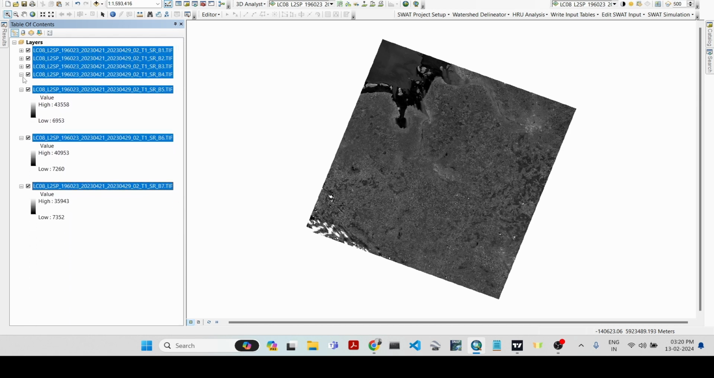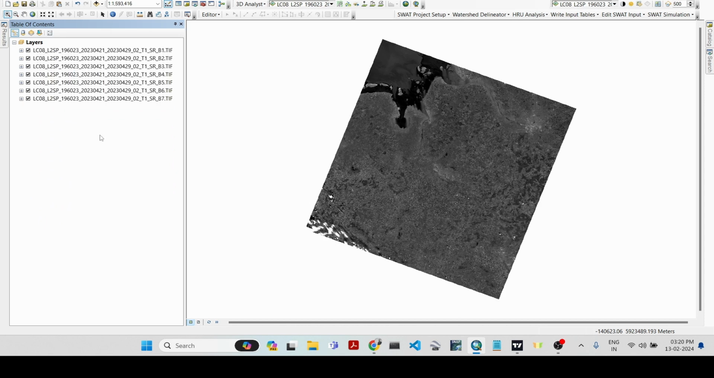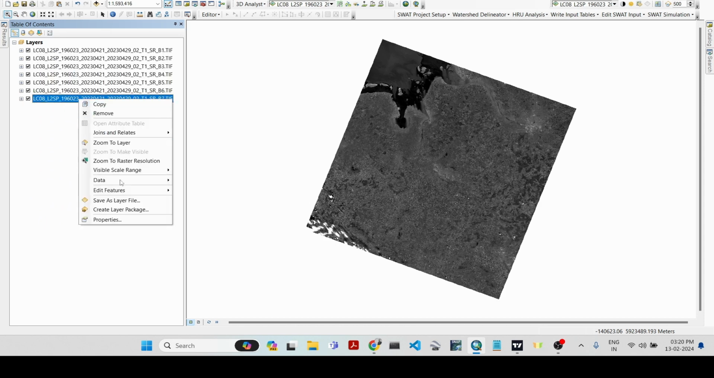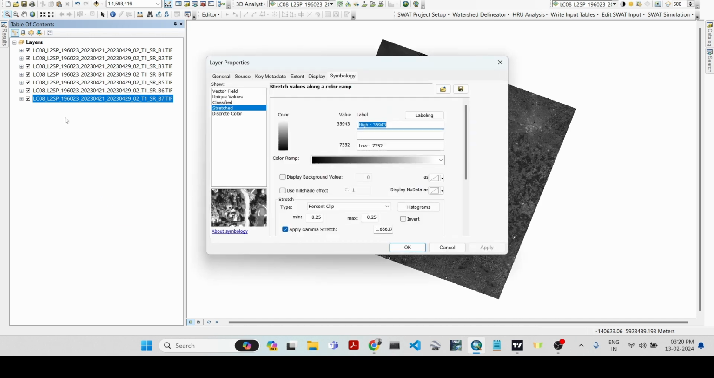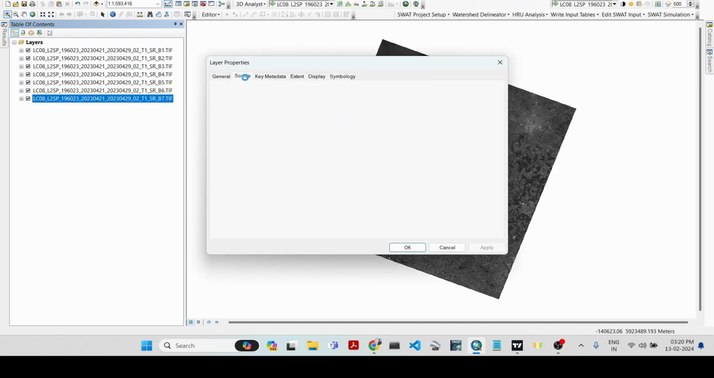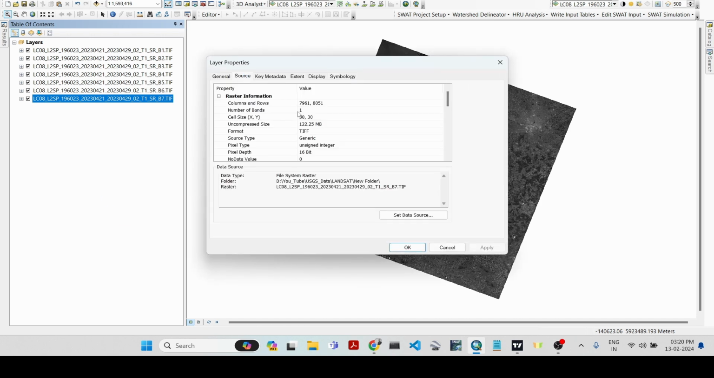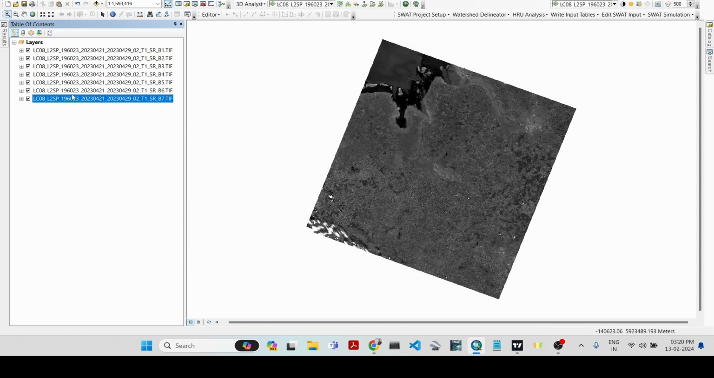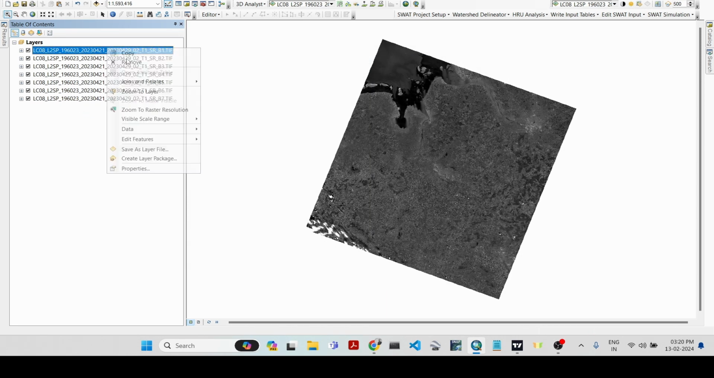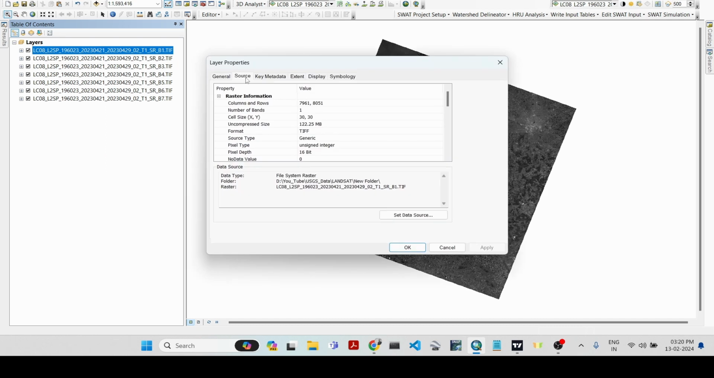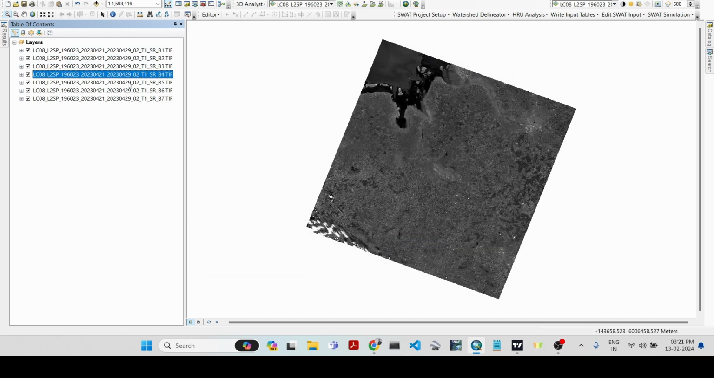As you can see, if I open the properties of a single band, under the source tab it says number of bands 1, and this is true for every band. Go to the properties, under the source tab: 1 band. So these are individual bands. All these bands are individual in nature. In order to create a composite image, we have to combine these 7 bands together. To do so,